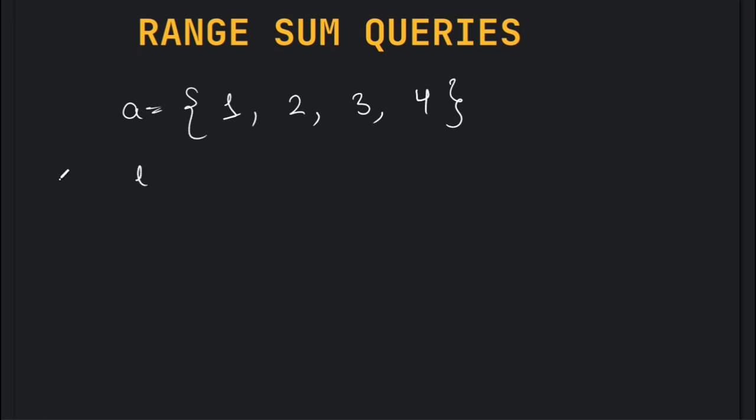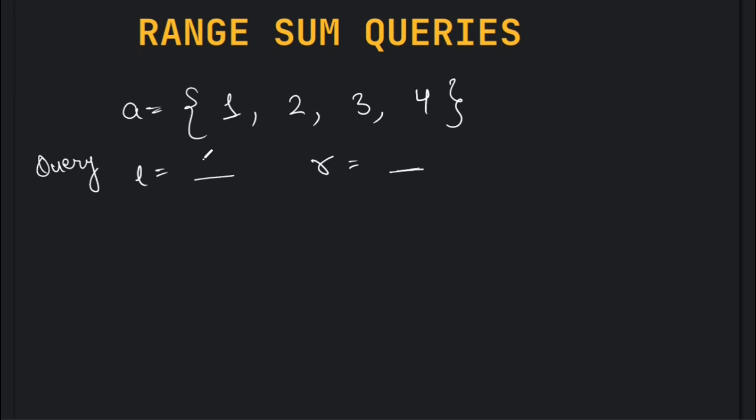two indexes in a query. So there is a query, we are given an L and one R. So for this L and R, we have to find the sum of the elements which are in this range. So what I meant by that, let's see an example.